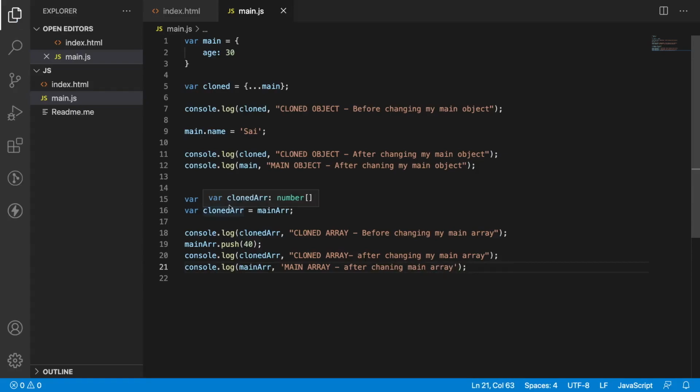So as per our shallow clone mechanism, what happens if I assign the main array to the cloned array? Whenever I change my main array, it should affect our cloned array. So let's see whether the cloned array and the main array are the same or not.